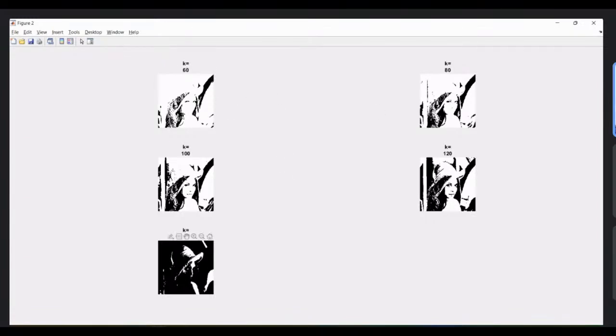In another case, if you set the threshold value to 180, then there are so many values less than or equal to 180, and they are converted into black, that means 0. And few values having more than 180 pixel value are converted into white. So you can definitely set different threshold values, and you can change the appearance of an image depending upon